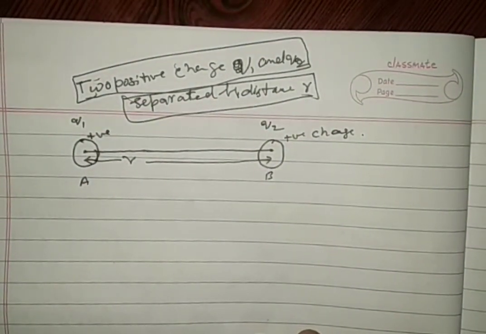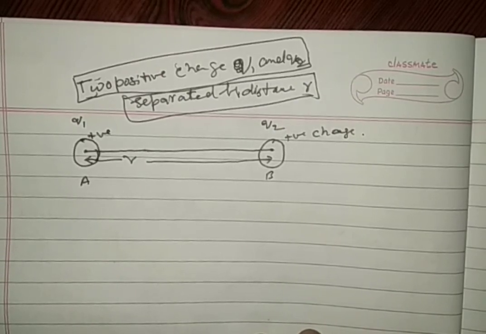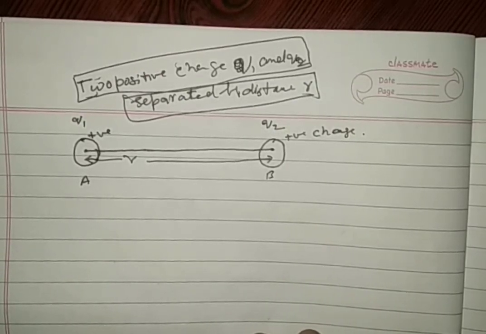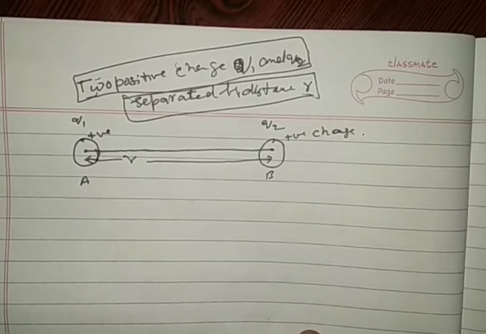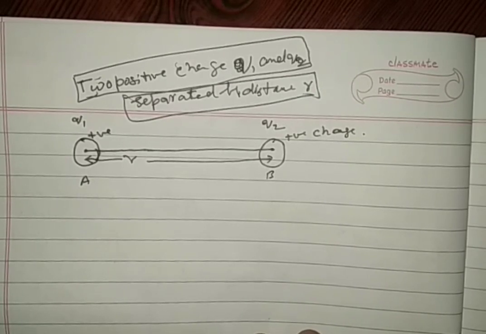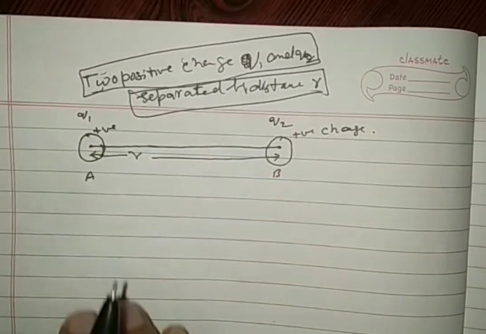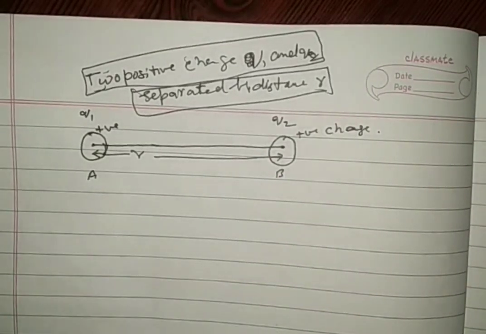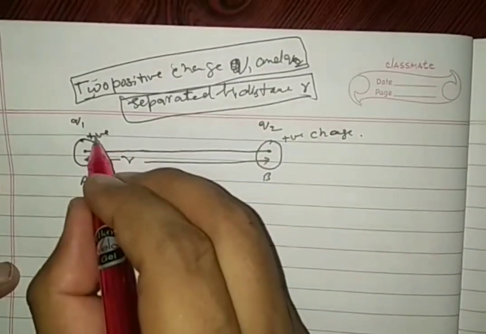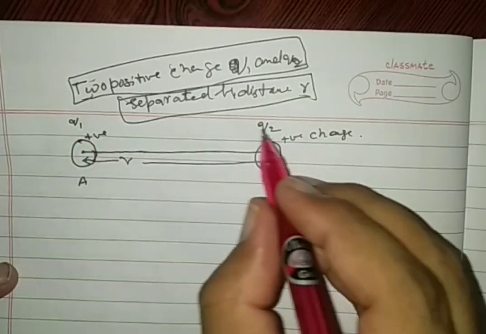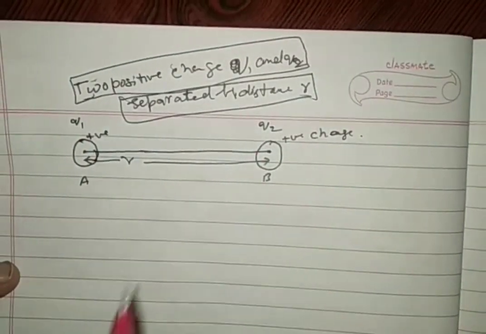Otherwise, we have seen just before only mathematics. Physics is not mathematics. Physics means to know the quality of the topic. What does it really speak? So to see this physics quality, not quantity, let us see the explanation I am going to give you. See here, both positive charges having charges q1 and q2 separated by distance r.